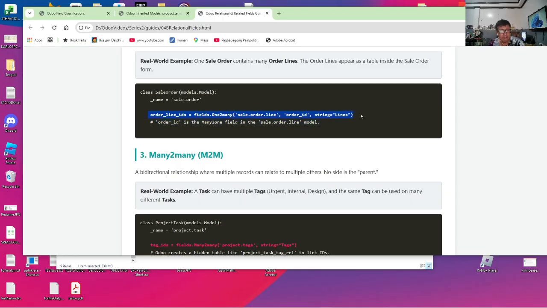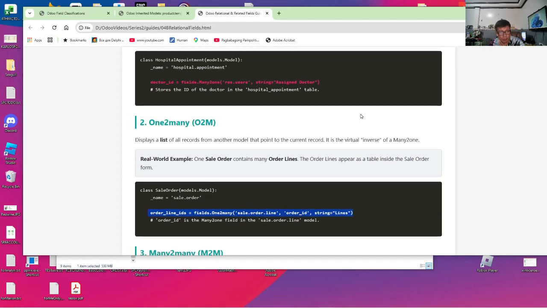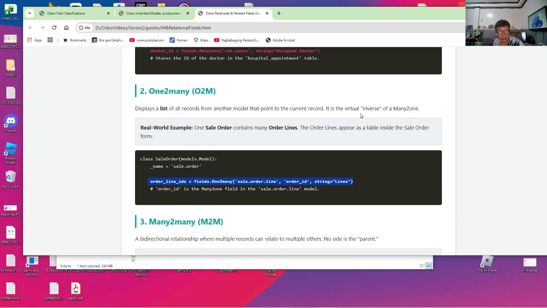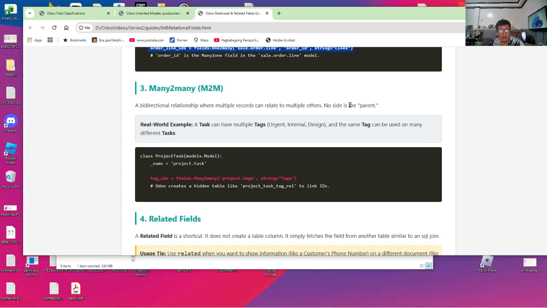This means that a single order can have several items, just like in a purchase order or a warehouse receipt, where a single instance can have several items that are being ordered or being received. So that's called one to many. So one record is related to many records in the other table.